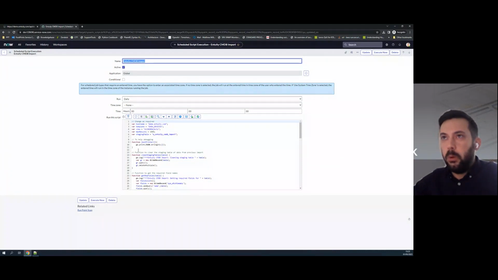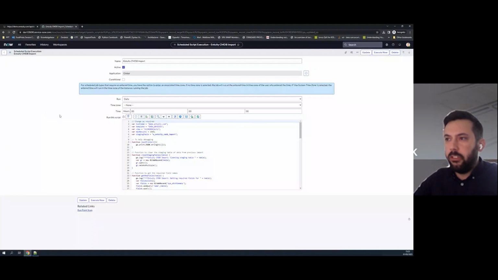It's going to put all that data into a staging table within ServiceNow, and then ServiceNow has things like transform maps, which transform the data in that staging table and place it into the CMDB, the actual table where it's going to be stored. Now, obviously, ServiceNow is based in the cloud, and it needs to speak to your Entuity